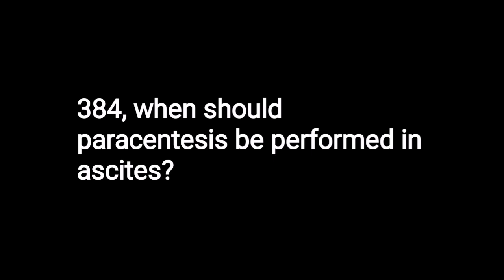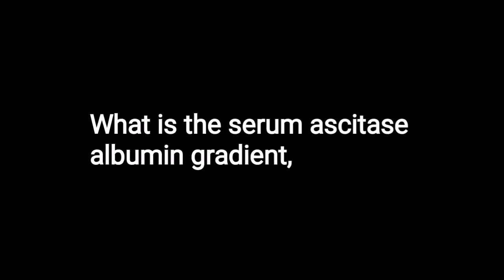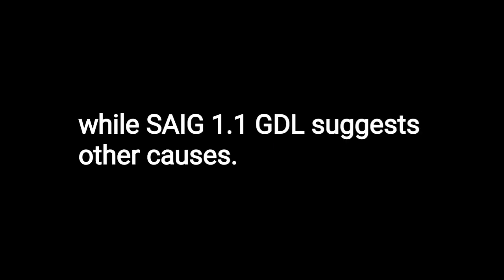384. When should paracentesis be performed in ascites? Paracentesis should be done for new onset ascites, abdominal pain, tenderness, or fever. 385. What is the serum ascites albumin gradient, SAAG, and what does it indicate? A SAAG of 1.1 g/dL or more suggests portal hypertension, while a SAAG below 1.1 g/dL suggests other causes,